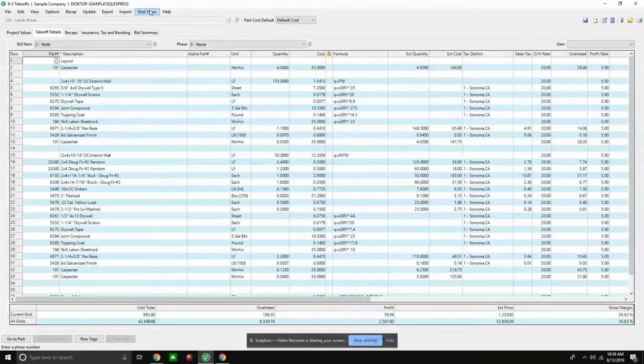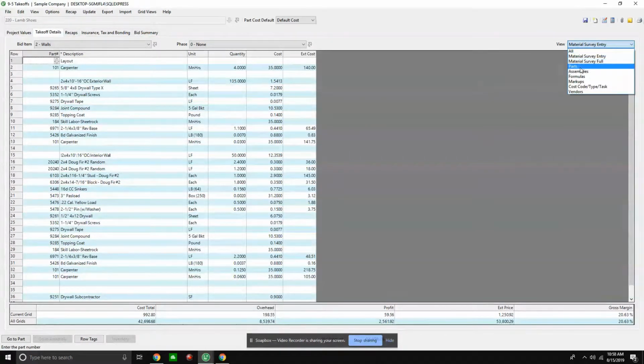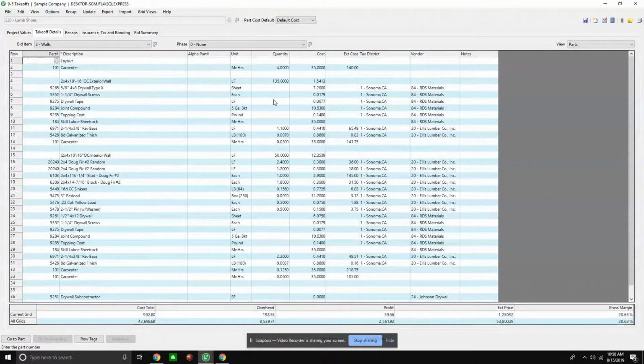When I was talking about changing your grid views, creating grid views, I already have a list of them here that I can look at. So if I want to look at material survey entry, there's all my material, and if I want to look at parts, there are all my parts, and so on.